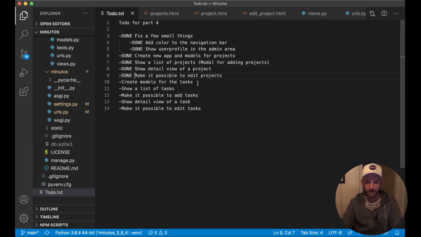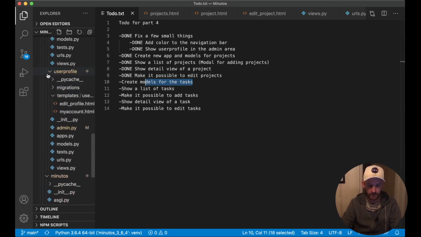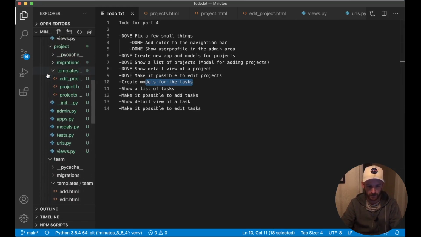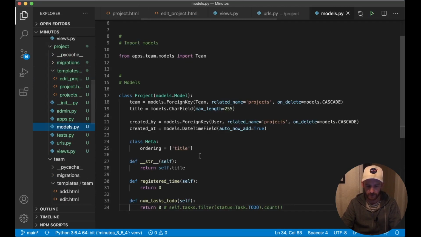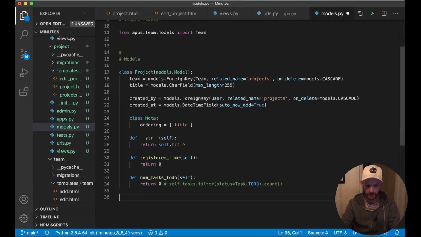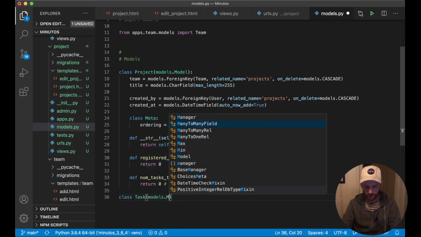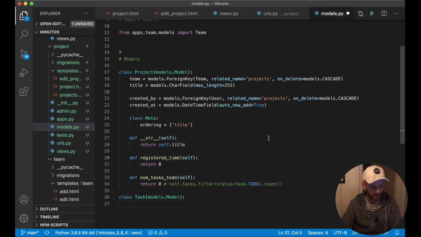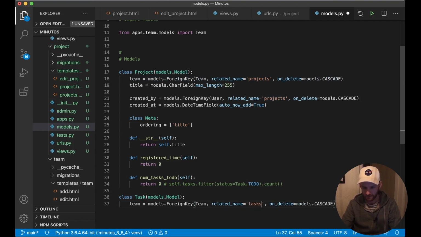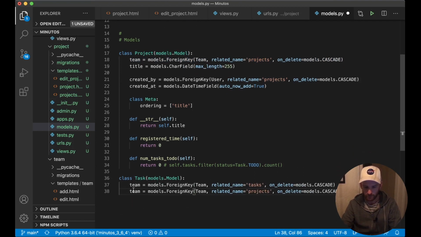Okay, and then I can continue by creating a new model for the tasks. So I want this to be inside the project app as well. So I'm going to models.py, create it down here, class Task, models.Model. I want to reference to the theme as well, so I can copy this, just replace this with tasks, and I can copy it one more time because I want to reference to the project, tasks,